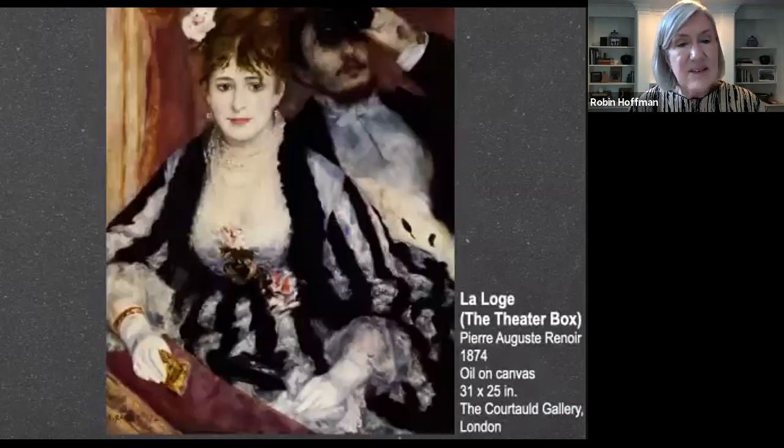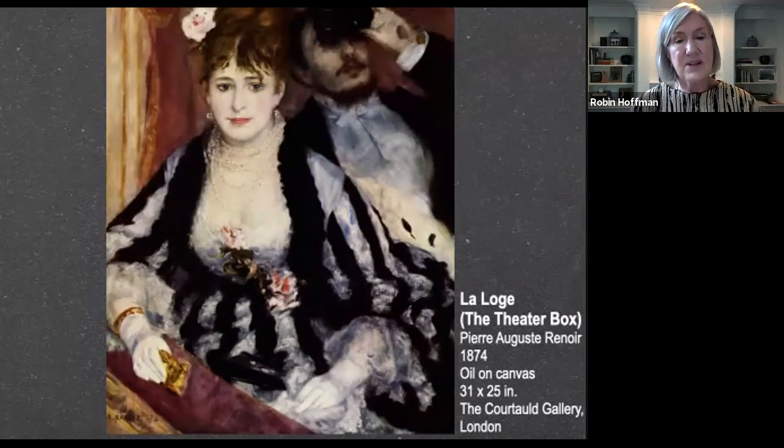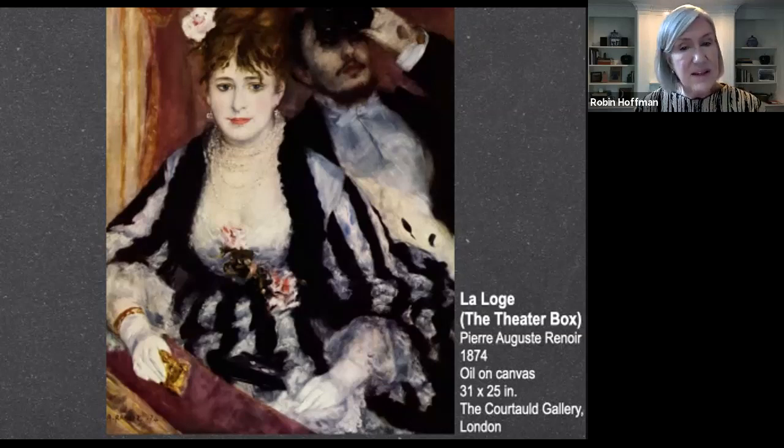Painted in 1874 and shown in the first Impressionist exhibition of that year, this painting depicts a fashionable couple at the theater. In Paris, theater attendance was rapidly growing during the 19th century, dominating the cultural life of the city. The growing wealth of the middle classes meant that the loges of the top theaters were no longer just for high society, and this painting epitomizes the Impressionist interest in the spectacle of modern life.